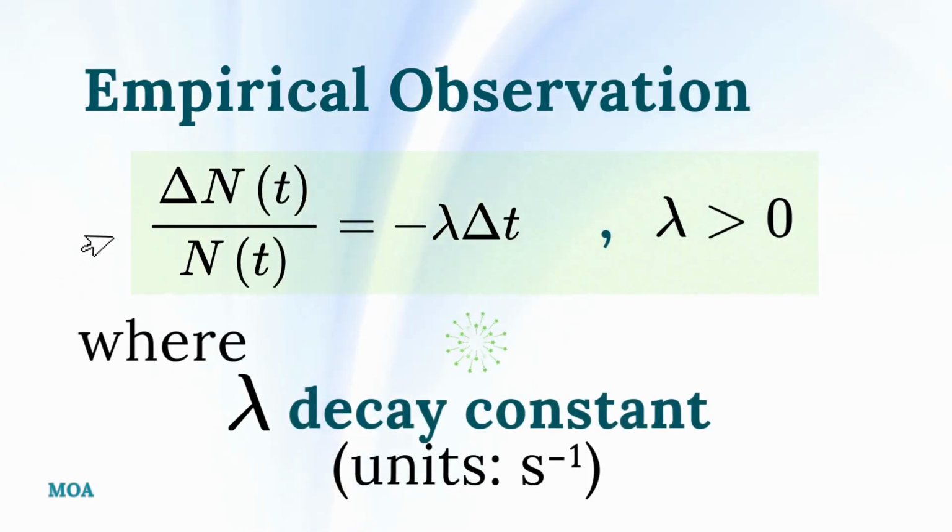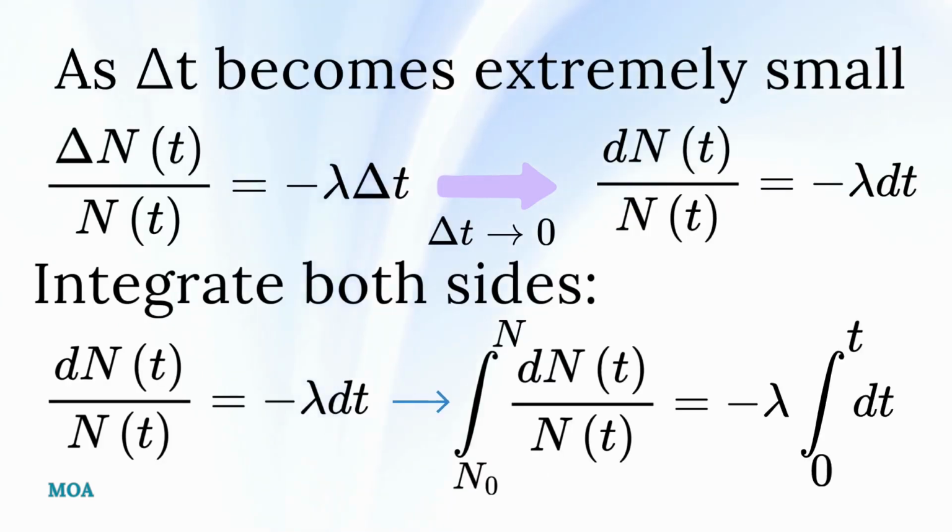Empirical observation shows that the fractional change in the number of nuclei is proportional to the elapsed time. Specifically, delta N divided by N of t equals minus lambda times delta t, where lambda, the decay constant, is a positive quantity with units of inverse seconds. As delta t becomes extremely small, this relation approaches the differential form: dN divided by N equals minus lambda times